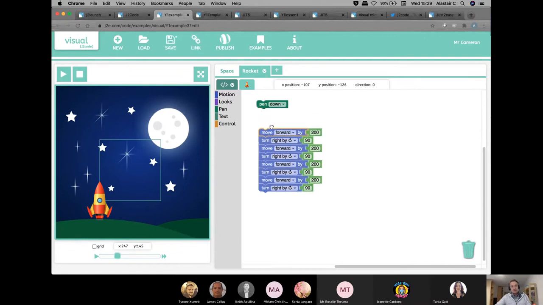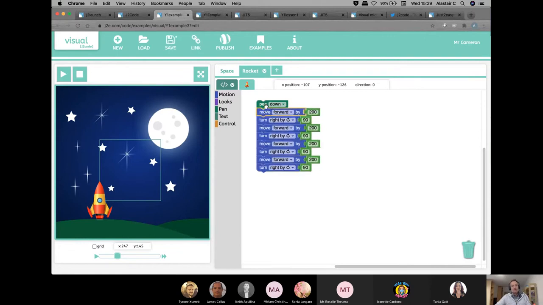So we've introduced some of these concepts here of pen up, pen down, moving in a particular direction, forwards or backwards, and also moving by a specific amount, making some turns by a specific amount, and then moving again and repeating that process.